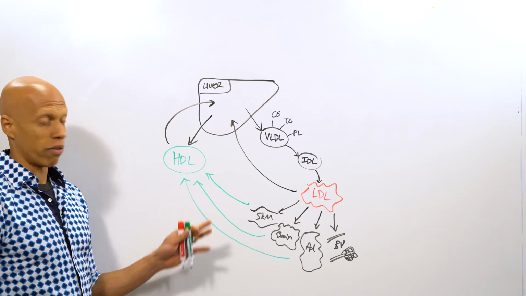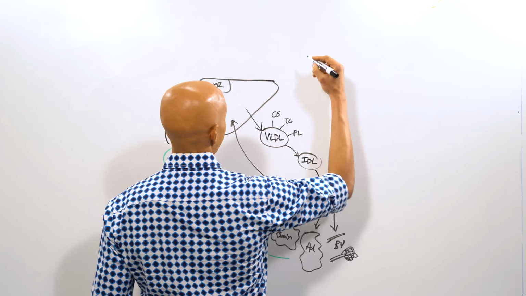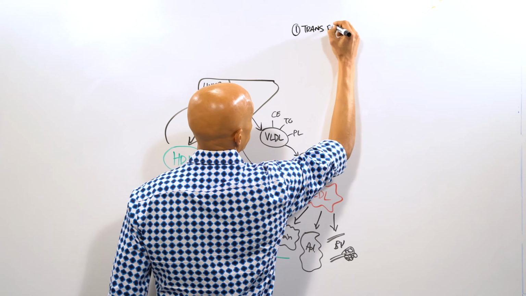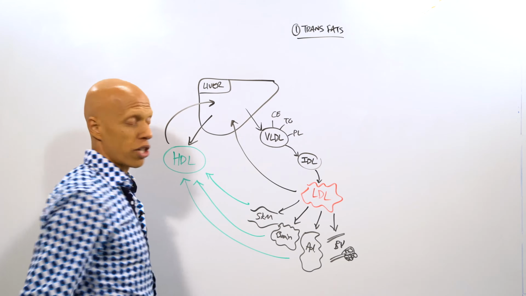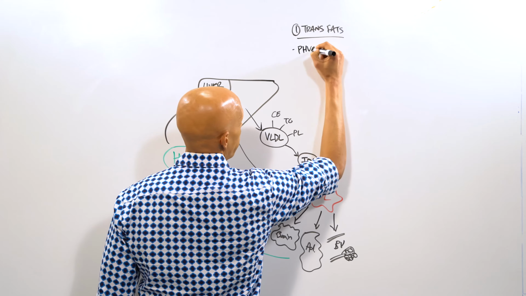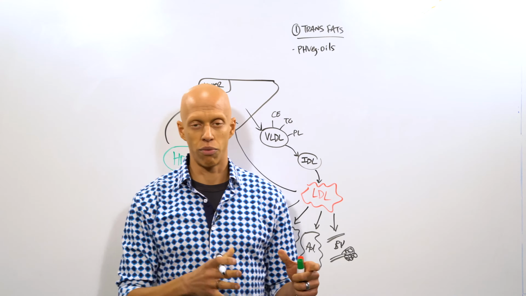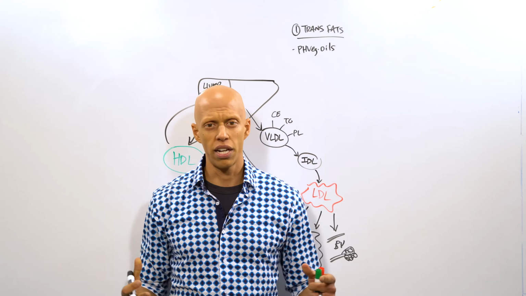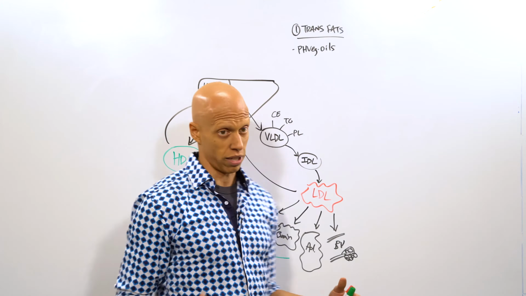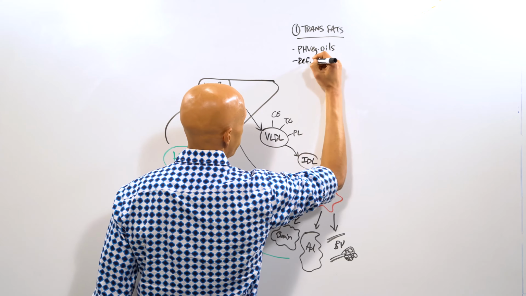So let's go into detail about what foods can negatively impact your LDL level. Now, there's three classes of foods that are known to do this. The first include trans fats. Okay, foods that are rich in trans fats include partially hydrogenated vegetable oils. Now, hydrogenation is a process by which you take a liquid at room temperature and turn it into a solid. And this is used a lot in the food manufacturing business simply because solids are more spreadable and more consumer friendly. In addition to partially hydrogenated vegetable oils, refined carbohydrates